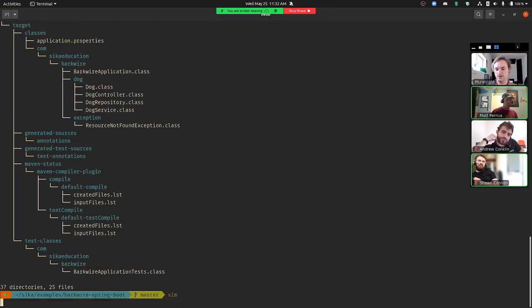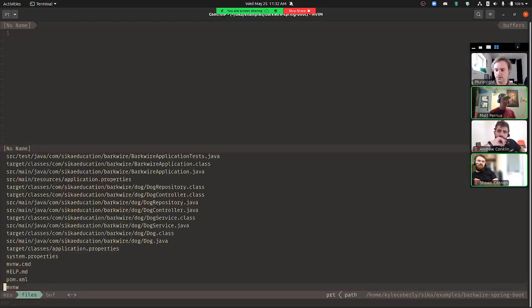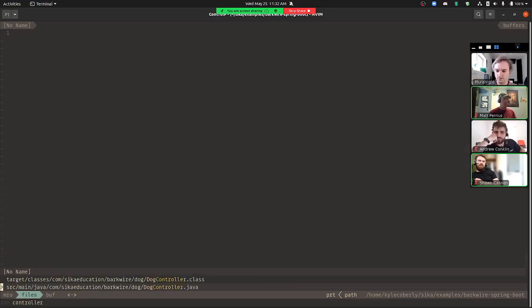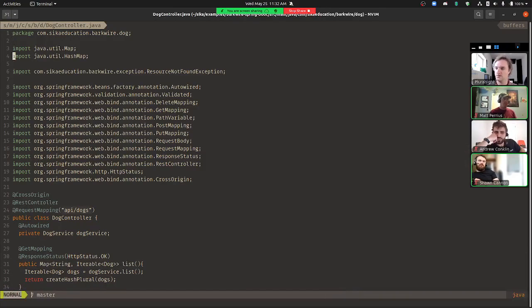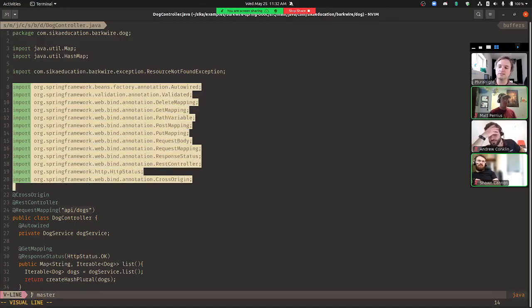So when we take a look at something like the controller, some of these, they're not local. The tool that I'm using, which is Maven, has a way to look up where these things are.